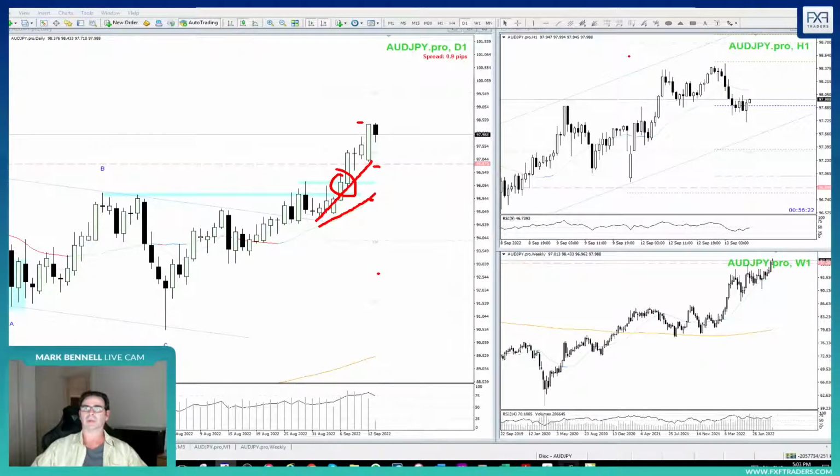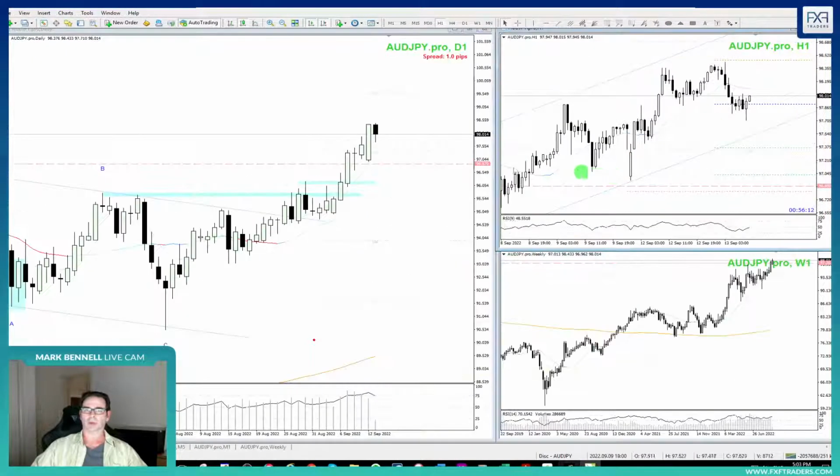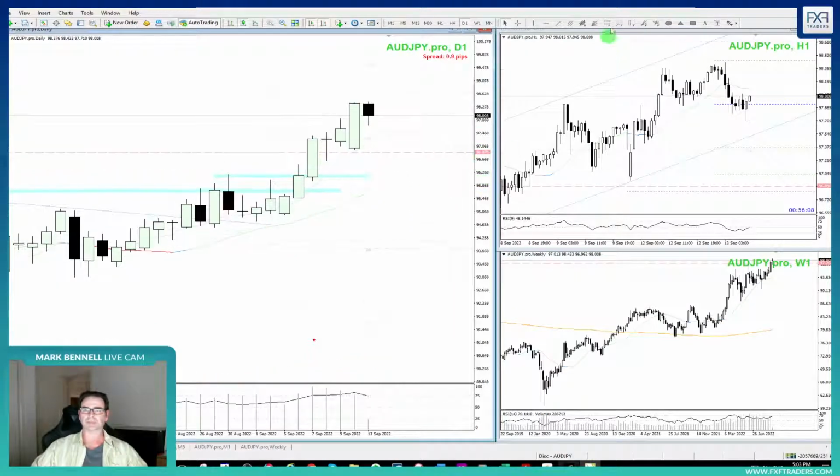Nice gap down today. Now, some of you might remember me explaining that these candles, wide range bars, have their own support and resistance. So we can see it's back to the 50.